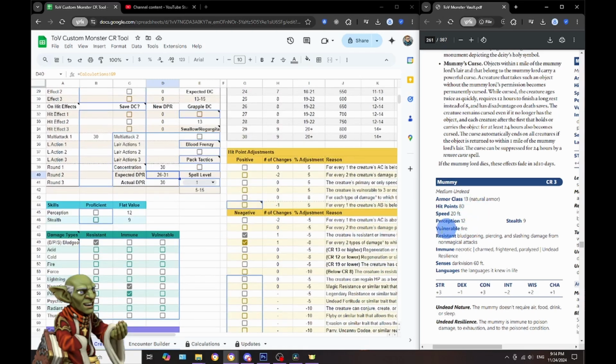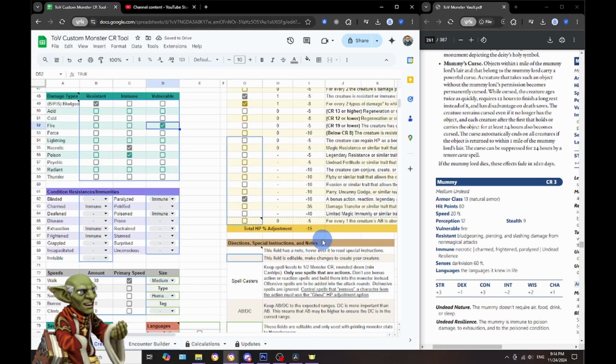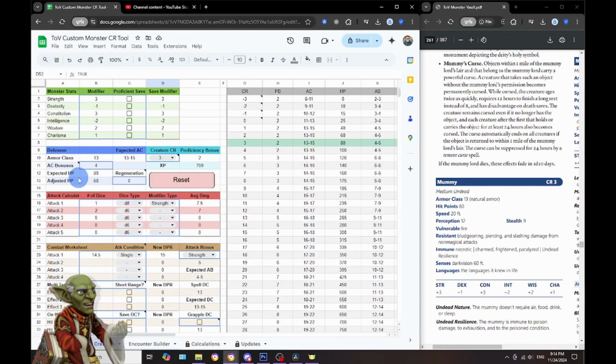Actually, I forgot vulnerable to fire. So if you were screaming at me before, hey, you forgot something, well, I will add that in here. So we are counteracting something here. So now we're only down to minus 15%. Let's see. The adjusted hit points. The expected were 80, and the adjusted is 68. So maybe they're not actually